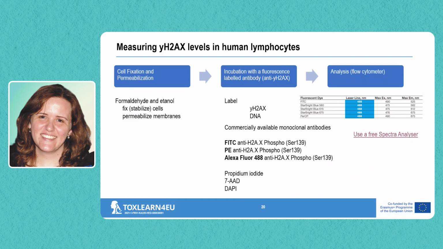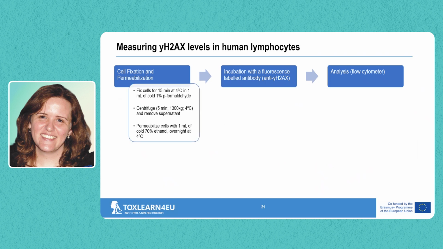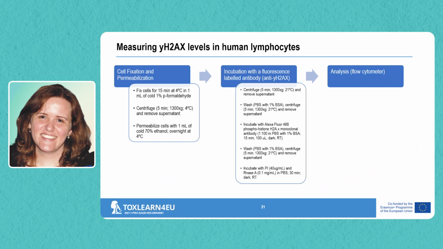We have the final stage. So after this, we have the flow cytometer. So what we do in practice in the lab is to fix the cells for 15 minutes with formaldehyde, then to centrifuge, and then put them in ethanol overnight at 4 degrees to permeabilize them. Okay, and then in the next day, we centrifuge, we wash with PBS, we incubate with the